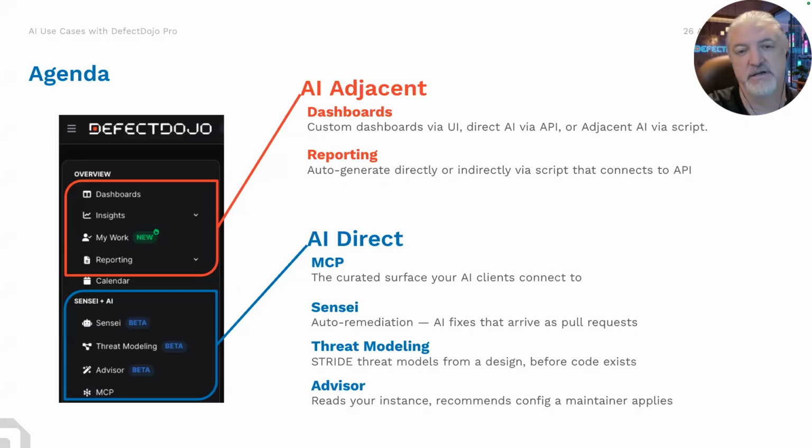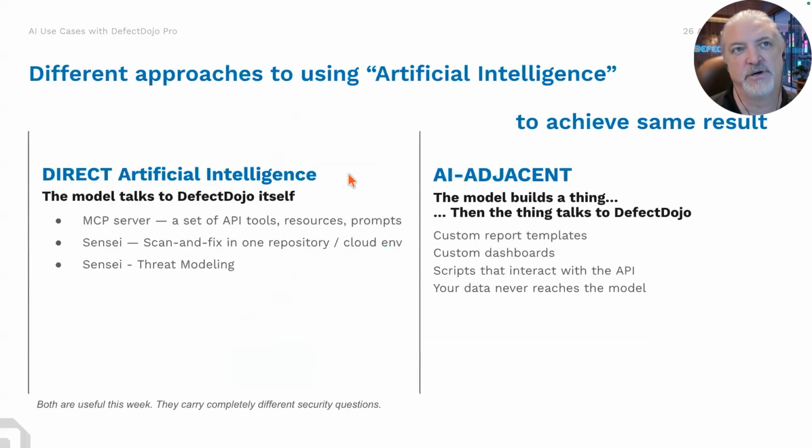So we're definitely going to be covering some Pro features, but we're also going to be covering some ways of using AI with even your open source. I describe those as AI adjacent versus AI direct. AI adjacent, just so everybody knows why I'm creating a term here,